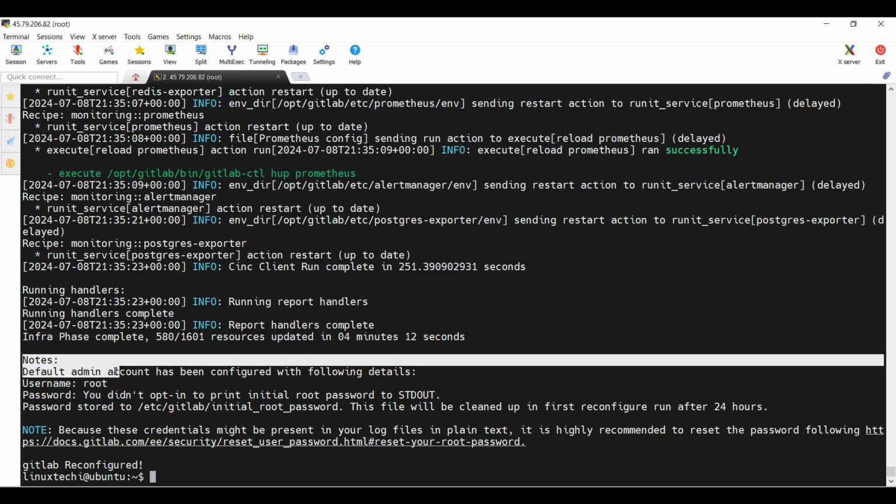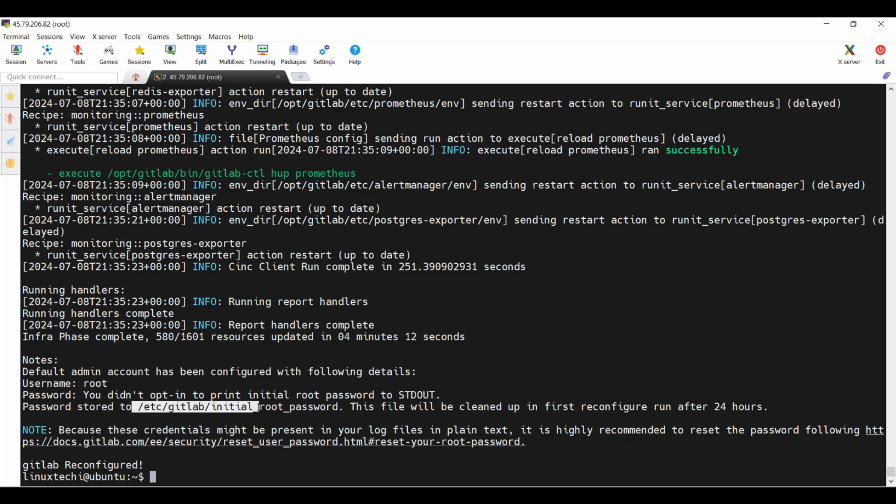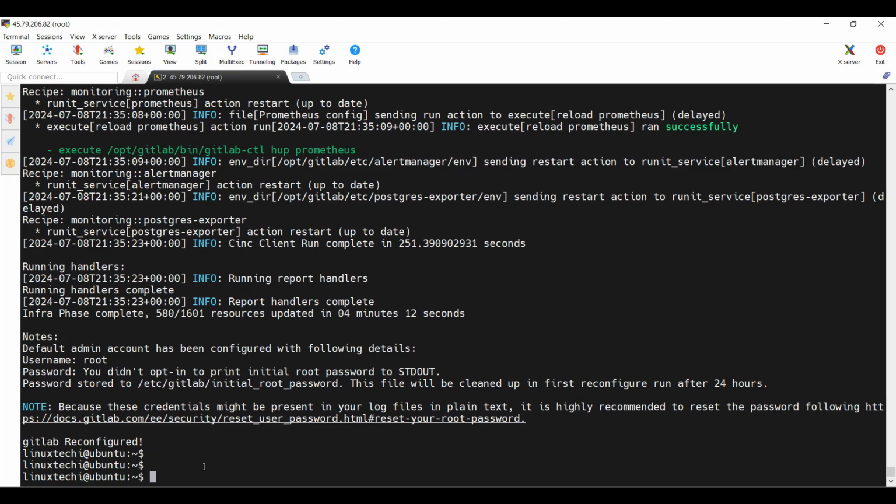As you can see here towards the tail end, the admin account has been configured with the following details. The username has been set to root, and the password has been stored in this configuration file here, in plain text. So what we need to do is get this initial root password. Then we are going to change or reset the password later. Now I'm going to grab this password using the cat command. So I'm going to run the command cat /etc/gitlab/